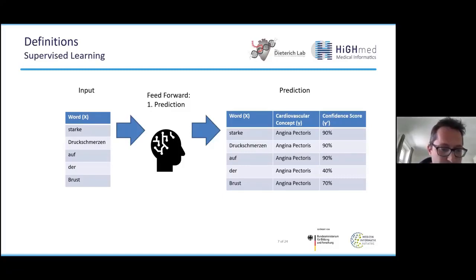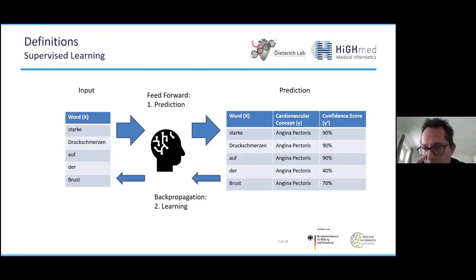And so what we need to do now is optimize the model's parameters. And this we are doing by the backpropagation process. So we go back into the model and we are using optimization theory here. And practically, this is very often gradient descent, for example, a very famous method here. And we are now adapting the parameters in the model depending on the error rate of the predictions.